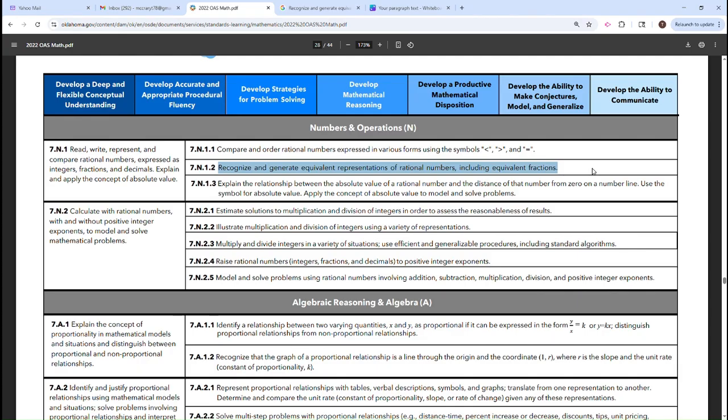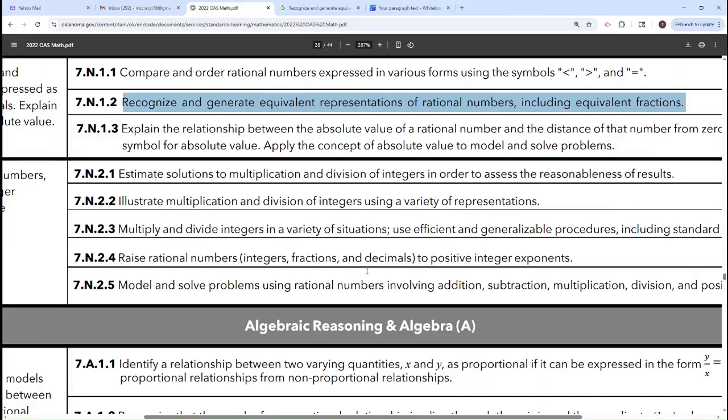So my F word is future. Your F word, seventh graders, is fractions. The standard today, it's the second one, is for you to be able to recognize and generate representations of rational numbers, including equivalent fractions. Now, not going to dive into rational numbers too much, or matter of fact, at all,